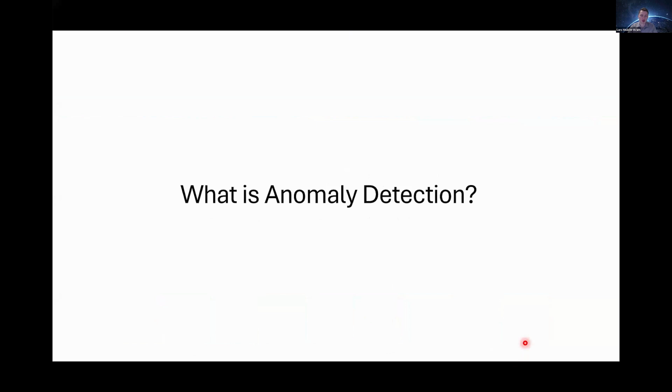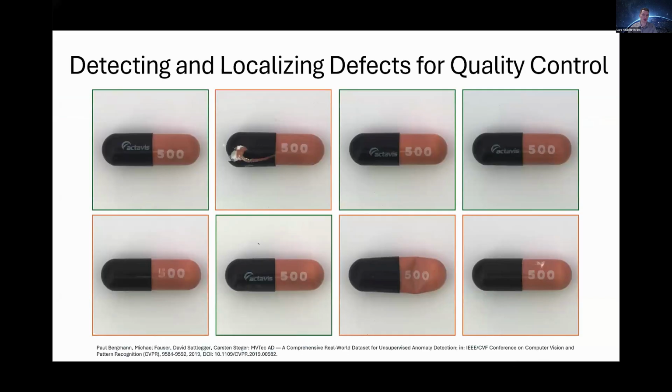But first of all, to get everybody on board, I would like to answer the question, what is anomaly detection in our understanding? So to us, anomaly detection is the task of detecting and localizing defects for quality control. Given this example of pills, we can see that some pills are defect-free, some pills contain a defect. These ones are highlighted in the orange boxes. There might be some cracks, there might be some dents, there might be some color where there should not be color. So the task of our anomaly detection system is to detect these defects, plus also to localize these